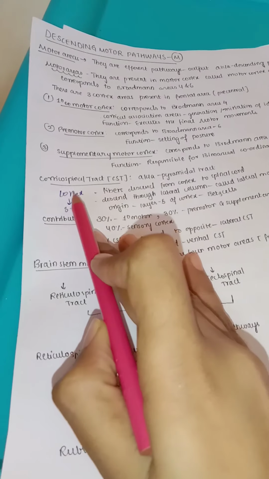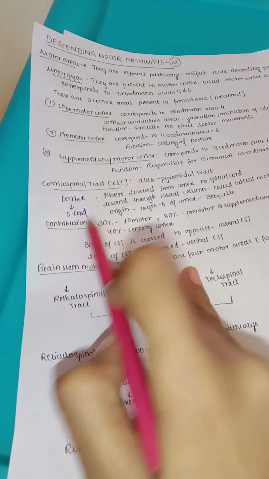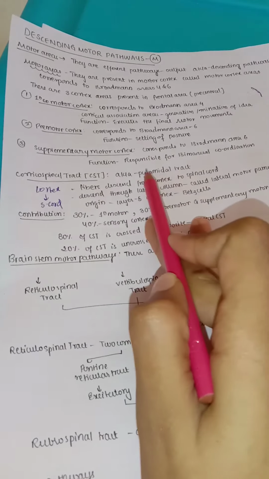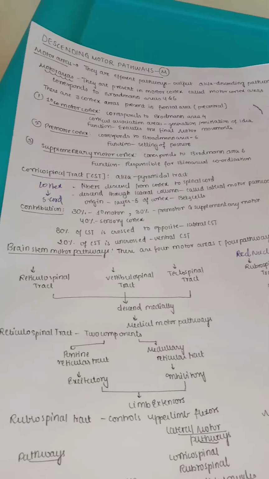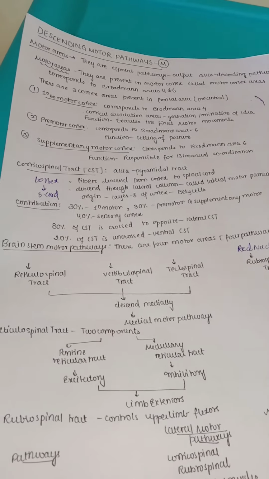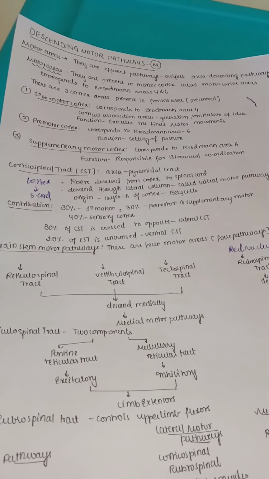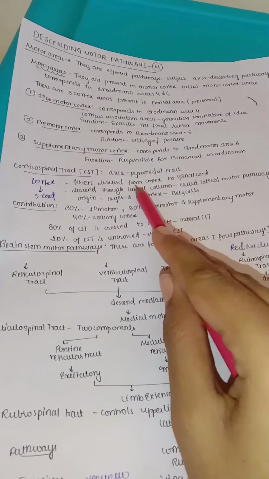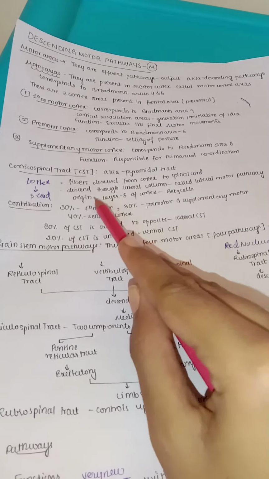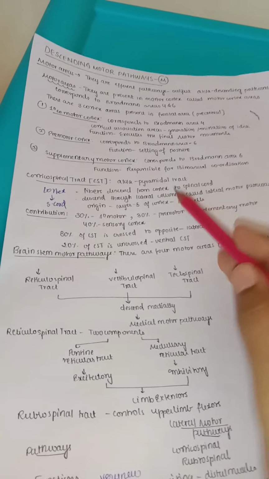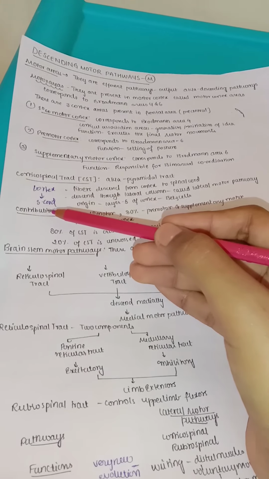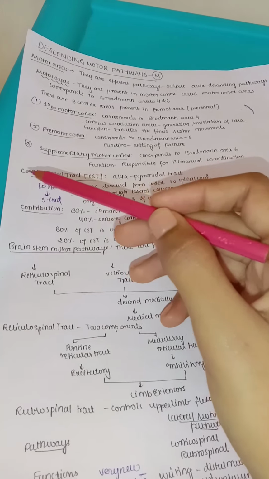So the tracts which are descending from the cortex to the spinal cord, those are the corticospinal tracts. These are also called pyramidal tracts because they are passing through that kind of cell. So hence they are called pyramidal tracts. And the fibers which descend from cortex to spinal cord, and they descend through the lateral column, so called lateral motor pathway. So actually if they are moving from lateral side, then lateral motor pathway, and if they are moving